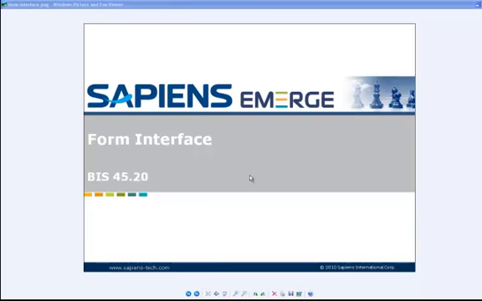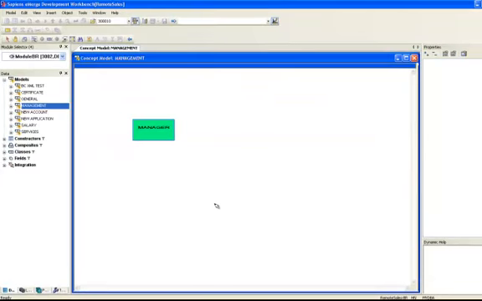Hi, in this session I'm going to create a form interface. Let's log in into the developing workbench. The purpose of using a form interface is to permit jumping from one screen of a certain model to another screen in another model, meaning if in this example I